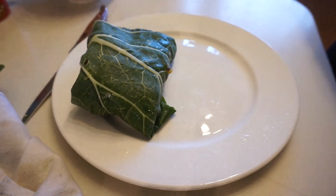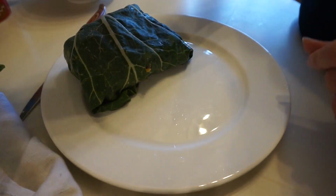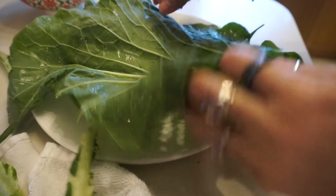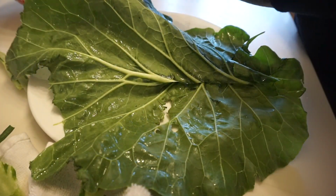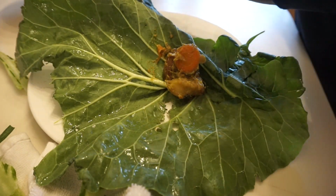Okay, now you guys can see. Sorry, I'm dragging the plate away. Okay, so that one's done, and I'm going to do the next one. So I'm going to use the other leaf. Just cut off one piece that was a little bit too ratty. And then